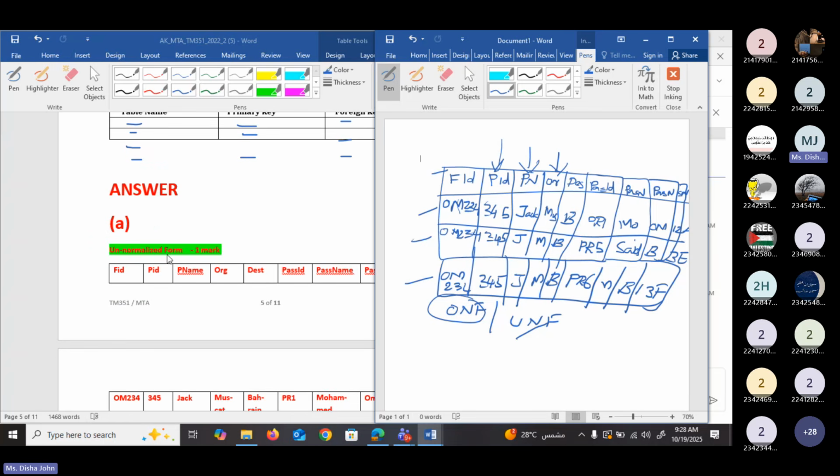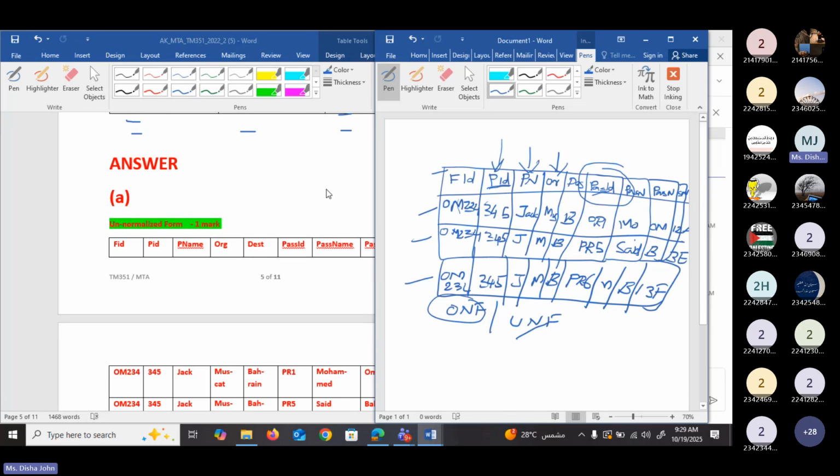Clear, ma'am. Doctor, in the exam, can we write it in the short form as how you wrote them? It is not acceptable, but if you don't have time, it should be clear. For example, here I have PID, and here also we have PID. So if you write like that, it will be complicated. So you have to distinguish. Here you need to write this is pilot ID. Here you need to write PASID, that is passenger ID. So like that you can write. Will we lose marks, or will we get the full mark even if we write it like that, if it is clear? If it is clear, of course you will get full mark. Don't worry. Okay, thank you.